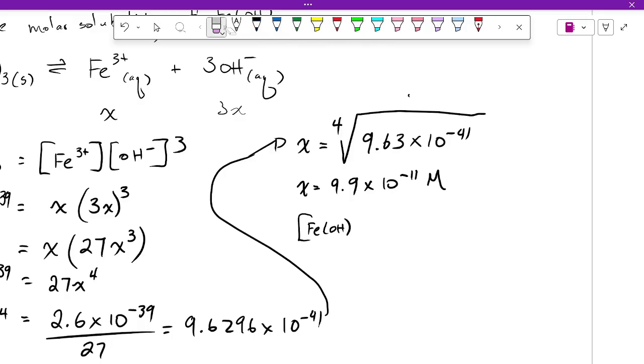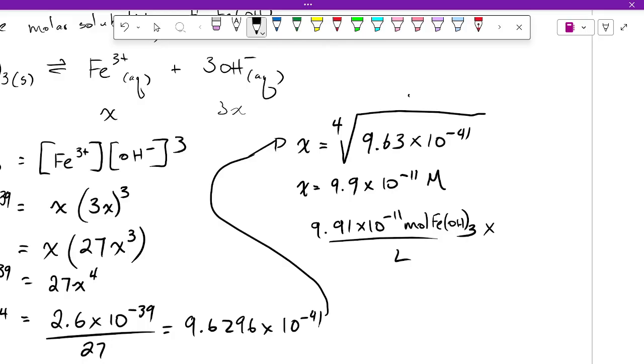Why don't I want to write the square brackets? Because we're not finding moles per liter. We already have moles per liter. So I'm just going to say we have 9.91 times 10 to the negative 11 moles of Fe(OH)3 per liter